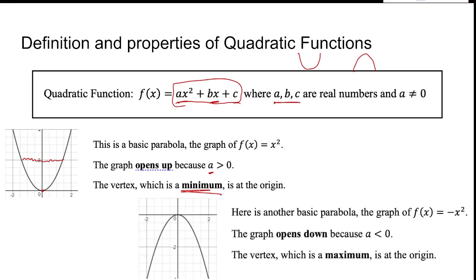Conversely, if the first coefficient of the leading term, the a value, is negative, if it's less than 0, as we saw with the reflections and the translations and the transformations, it would be a reflection. It would reflect it over the x-axis, right? And so we've got something that opens downward, or in calculus we call this concave down,